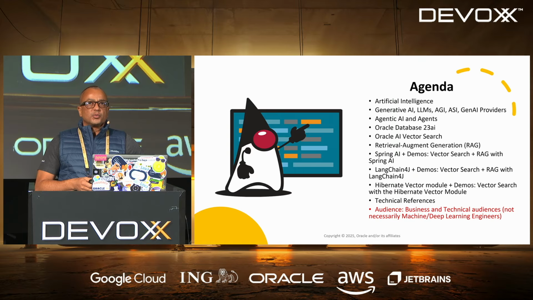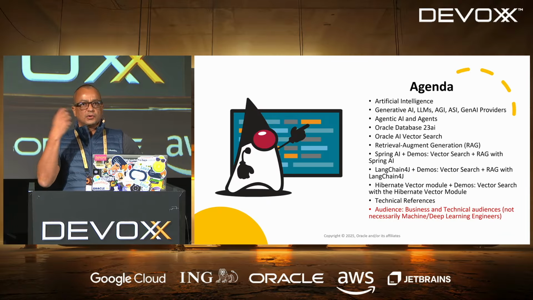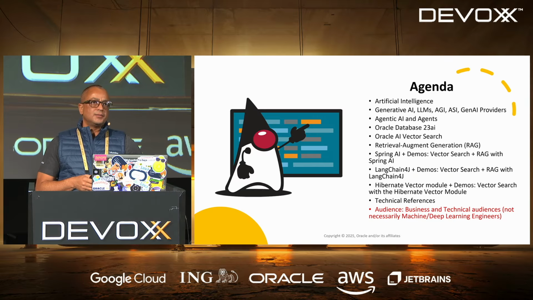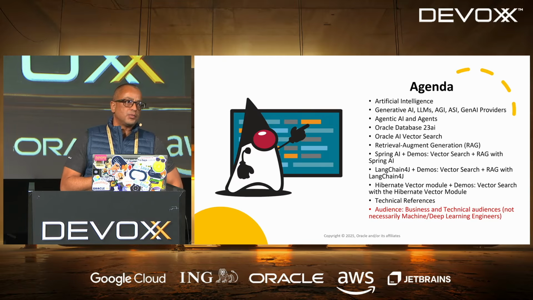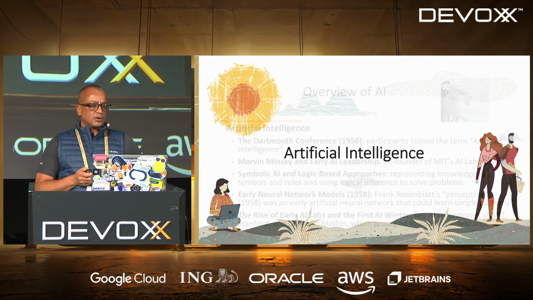And after that, I will provide you all the links, technical resources. Actually, the demos, they have QR codes. So if you are interested in replicating this exercise here, at your home or, I don't know, your own time, it's just a matter of scanning the QR code. It will point you to my blog posts at Oracle Developers. And from there, you can also get access to the specific GitHub repository with all the code and the examples, all right? Okay, so speaking of artificial intelligence,